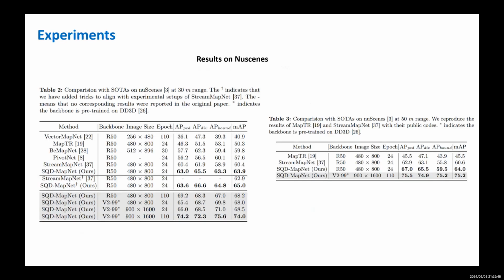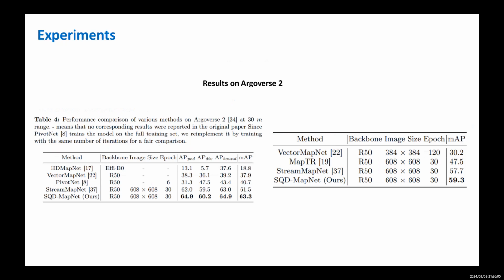We first compare SQD-MapNet with previous competitive methods on the nuScenes validation set for both 30-meter and 50-meter perception ranges. SQD-MapNet outperforms other methods in all settings. We also evaluate SQD-MapNet on another dataset, Argoverse 2. SQD-MapNet consistently outperforms StreamMapNet by about 2 mAP in the 30-meter and 50-meter ranges, validating the generalization and